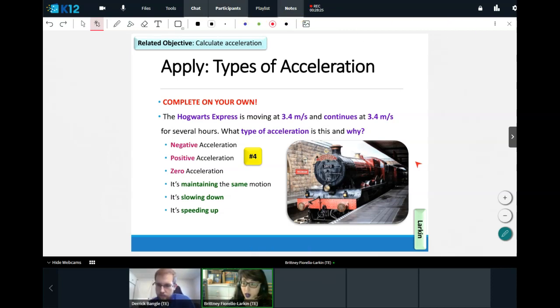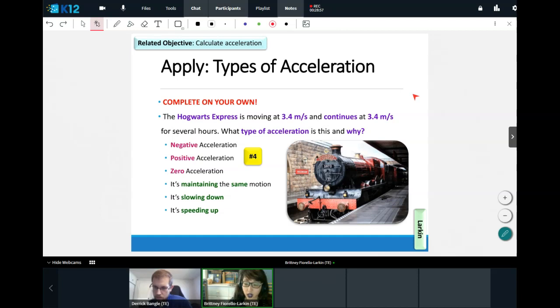Exactly. So I'll go ahead and broadcast this in your notes for question number 4. Again, we can see that for the green part, what it's doing. Awesome. All right, so that just means that you need to go ahead and figure out the pink part, if that's negative, positive, or zero acceleration, if it is doing that. We've talked about those definitions. We just saw those in question number 3. Refer back to question number 3 if you need help figuring out what that type of motion means for acceleration.